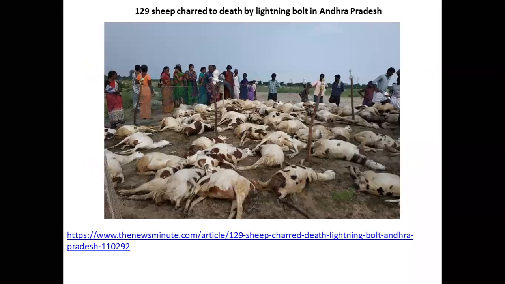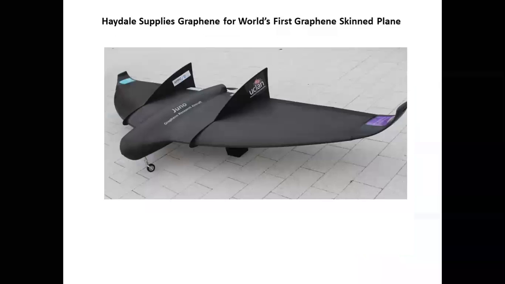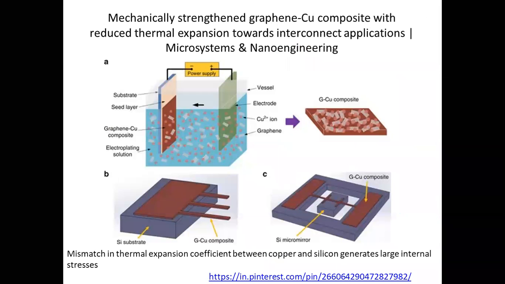Just see that due to the lightning, what will happen is like a natural disaster. Even sometimes a plane crash will happen. In order to avoid these things, we can coat our aerospace equipment with graphene or carbon nanotube materials or carbon nanotube composite materials, and we can avoid these things. And even flexible electronic devices, we can